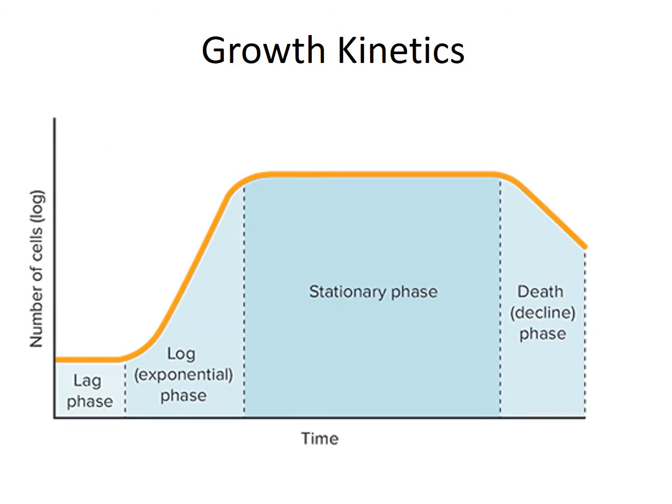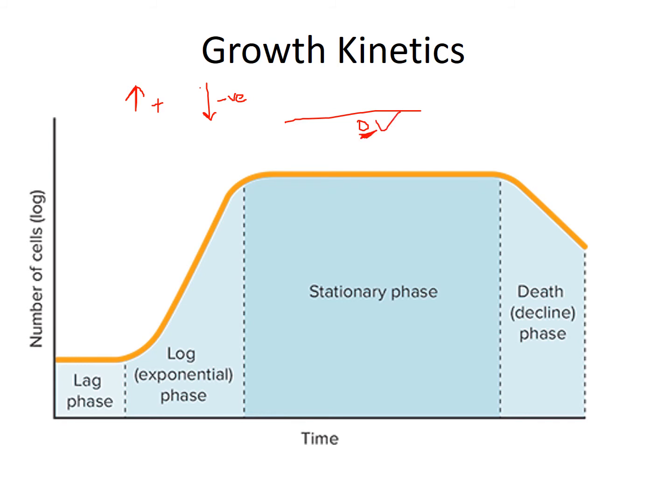Growth is the fundamental and dynamic biological feature which is exhibited by all living species, right? If more individuals are added to any particular population, then the population shows a positive growth. If more individuals are removed from a particular population, then it will show negative growth. But if the number of individuals added is equal to the number removed from a particular population, then it will show zero growth, right?